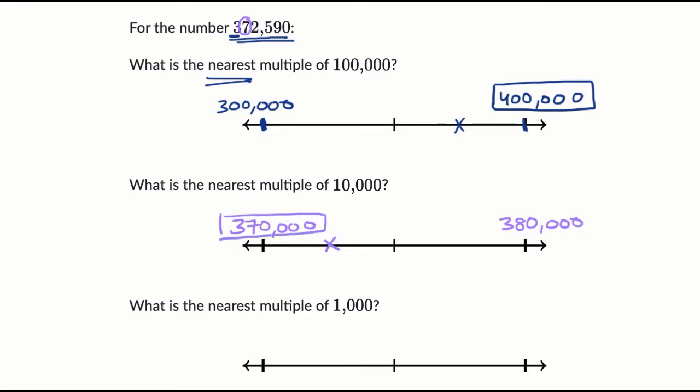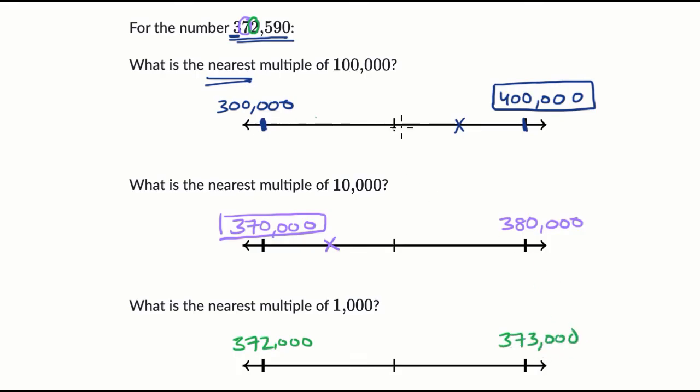Let's do this last example, maybe in green. What is the nearest multiple of 1,000? Once again, pause this video, have a go at it before we do this together. So once again, let's look at the thousands place. So if we go to the nearest thousand that's below this number, it would be 372,000. And then the nearest multiple of 1,000 that's above this would be